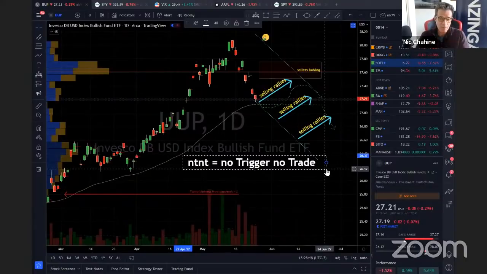Now, the second most important thing when you take a trade is, that's what algos do, by the way. They don't go in and stay in until they die. They go in and they have a plan. If I get X profit, I'm out. If I get this loss, I'm out. Or if the price goes below this level, I'm out. Or if the price reaches this target, I'm out.